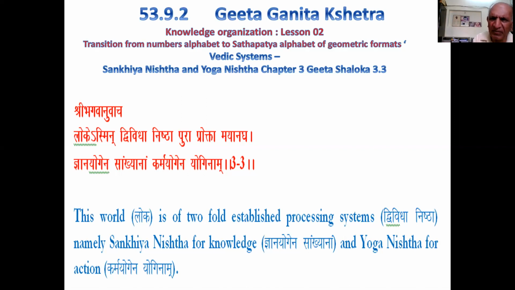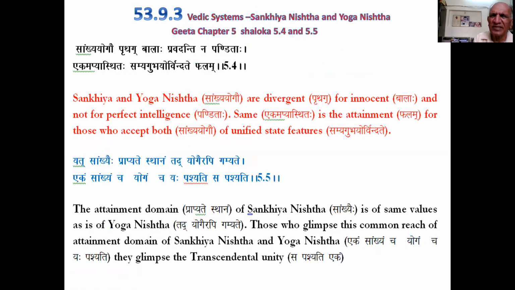One shall sit comfortably and permit the transcending mind to be parallel with these values. Once one is absorbing these values, then one shall be transiting from the numbers alphabet to the Sthapatya alphabet. This source has further manifested features, and these are shlokas 4 and 5 of chapter 5 of Srimad Bhagavad Gita. The simple English rendering for these shlokas is: